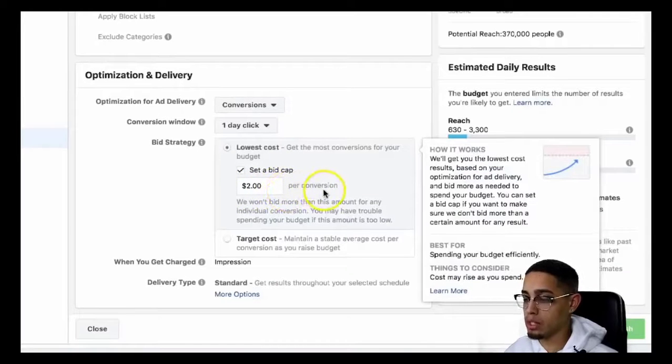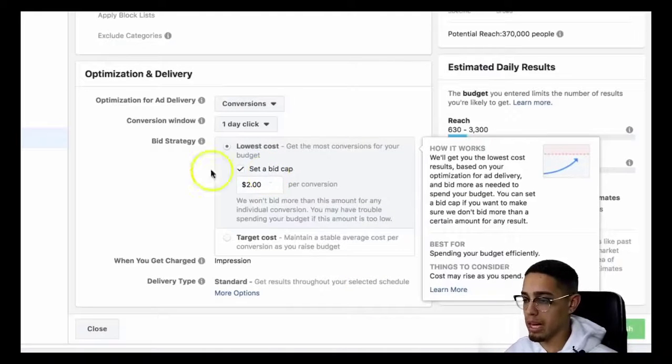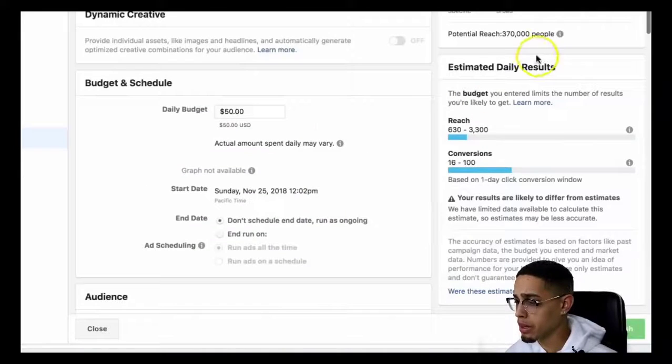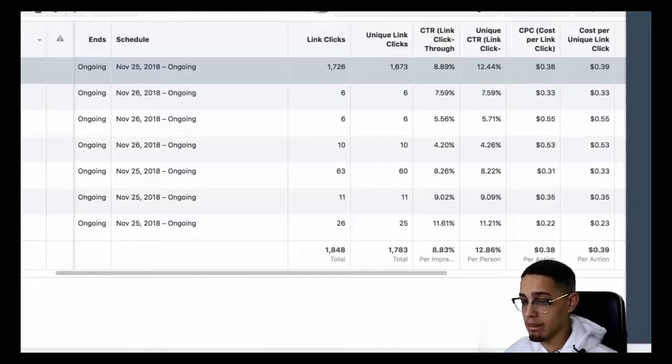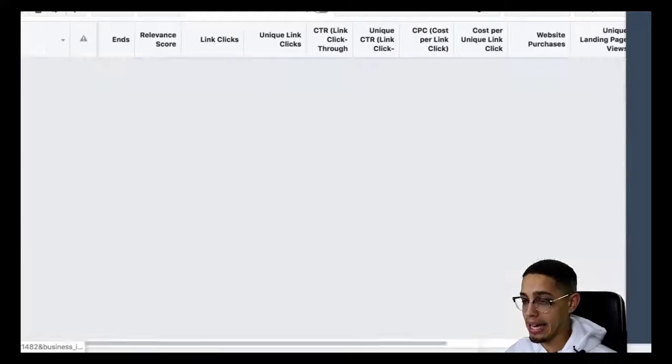My bid cap is $2 per conversion, so I'm not willing to pay more than $2 per conversion. That's why I'm at 97 cents per lead. My current reach is 370,000 people. And there goes my ad set. Now to actually look at the ad that's working,